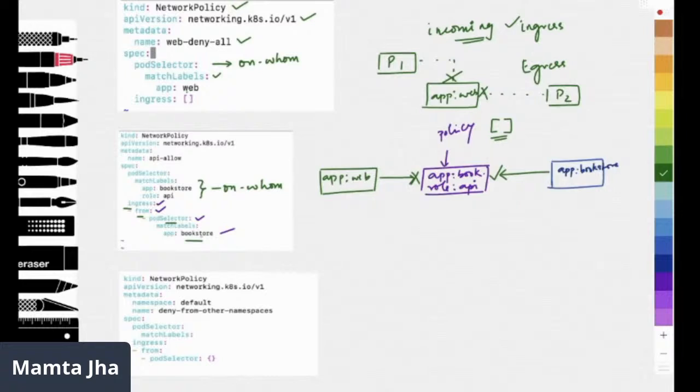So this is very specific. From a specific pod, we are accepting the packet. So we are restricting traffic to a service only from another service. And for that, we are specifying the labels. We are restricting connections. You can say that the front end and the back end. Backend will only accept packets from frontend. That sort of simulation we are trying to do.